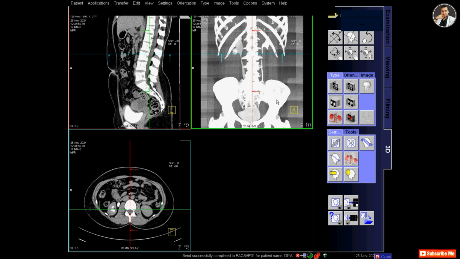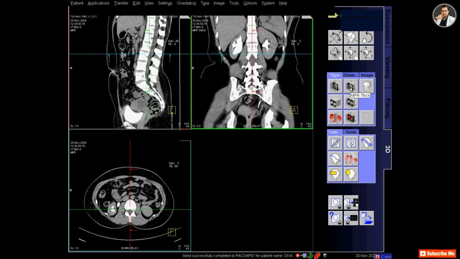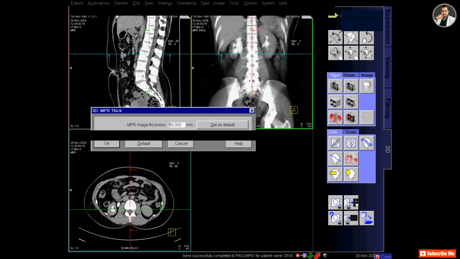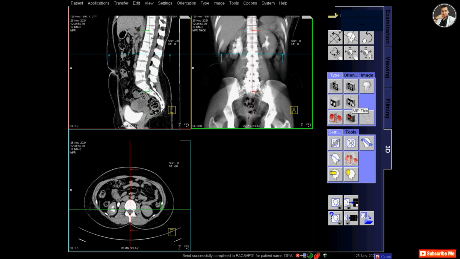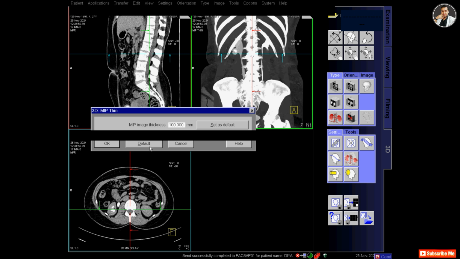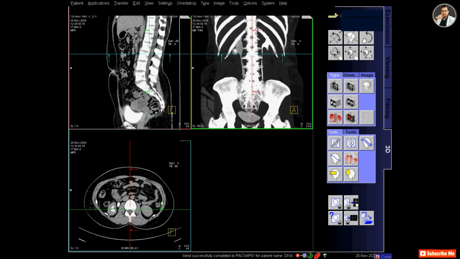And I will select the MIP directly, and also you can select MPR in 50 millimeter. I'm just experimenting with all the options in the 3D. Now I have to select 100 millimeter in MIP.